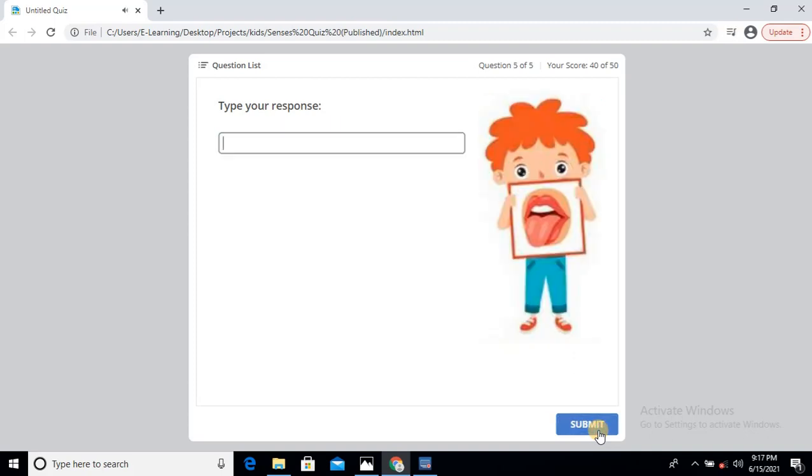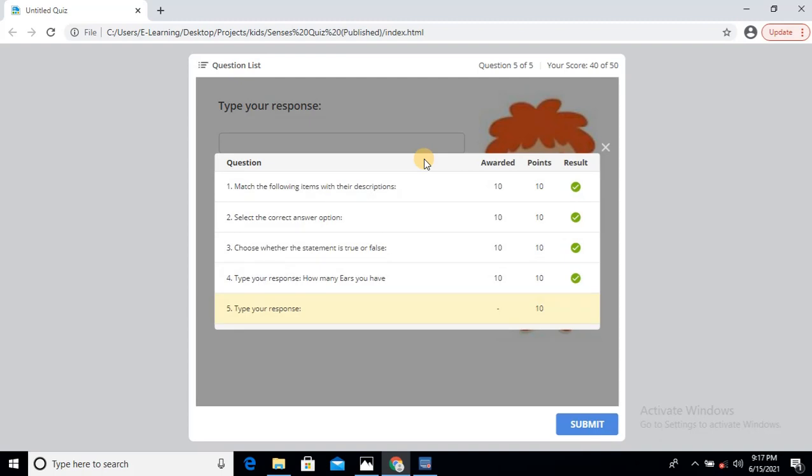Type your response. Please type in the correct spelling for the word taste. Okay, now that's a good question. Now this question, question 5, is asking us to spell. So we're going to actually type the correct word. As I can see, it's asking us to spell the word taste. So we have to make sure that all the letters that make up taste are spelled correctly. If it was spelled incorrectly, it might give us an incorrect answer. As you can see from the question list, we have so far answered all of them right, like the first one here, and then the second one, third one. Now this one,